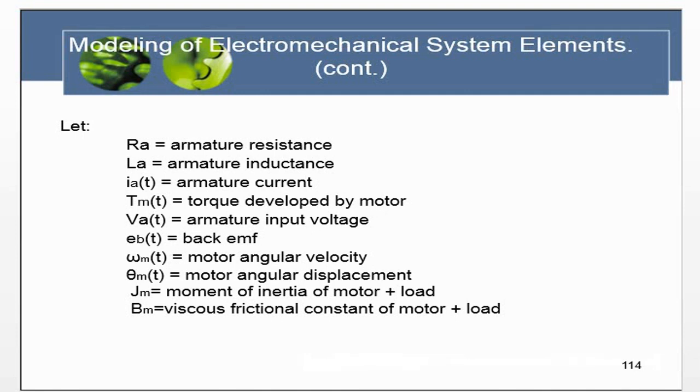Okay, the parameters there consist of Ra, that is armature resistance, La, that is armature inductance, ia(t), that is armature current, Tm(t), torque developed by motor, va(t), that is armature input voltage, eb(t), this back EMF, omega m(t), that is motor angular velocity, theta m(t), that is the motor angular displacement, Jm, that is moment of inertia of motor plus load, Bm, that is viscous friction constant of motor plus load. These are the parameters in the